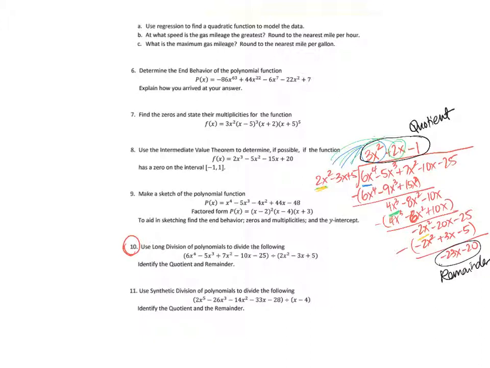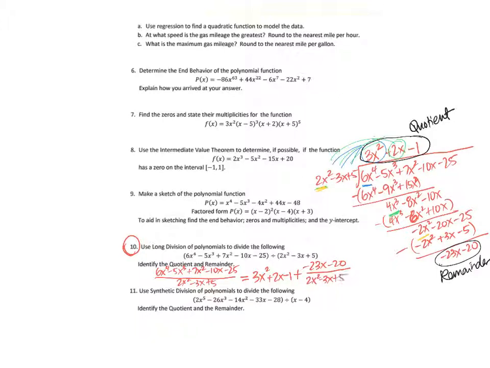So in other words, we can write it out this way, that 6x to the fourth minus 5x cubed plus 7x squared minus 10x minus 25 divided by 2x squared minus 3x plus 5 is going to be equal to, when I do that division, I get 3x squared plus 2x minus 1 plus that remainder, negative 23x minus 20, divided by that divisor that we started with, 2x squared minus 3x